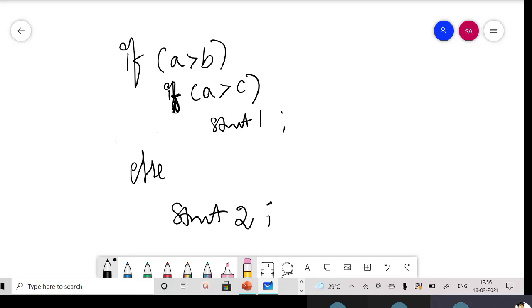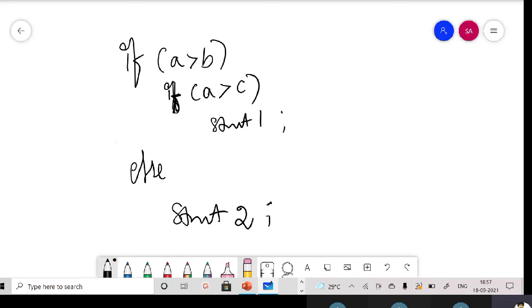We don't use any braces. Yes, sir. Okay, so based on the level where it is written, you can easily find out whether this belongs to the first if or the second if. But in C language, where you represent a block with braces, and you didn't use them, because if you are having only a single statement, you can omit the braces. That's the thing, right? Yes, sir.